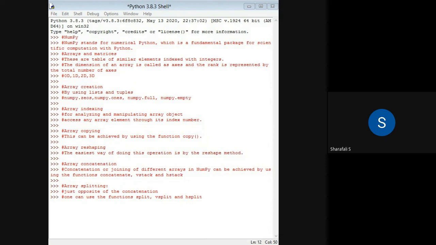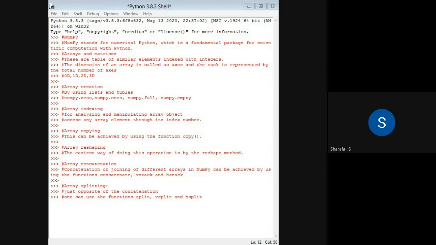And then we will go to array splitting, and this is just the opposite of concatenation. If you are having an array, then you can split that particular array into different sub-arrays by using the split function. You can also use vsplit as well as hsplit, that is nothing but the vertical split as well as horizontal split.